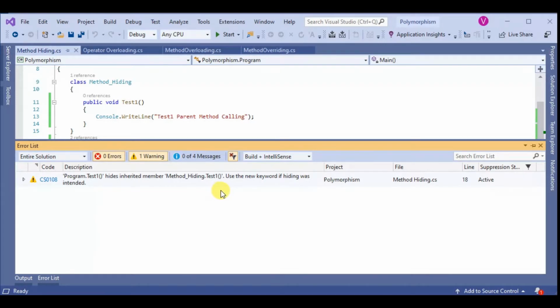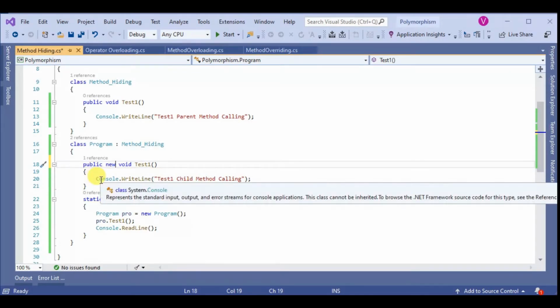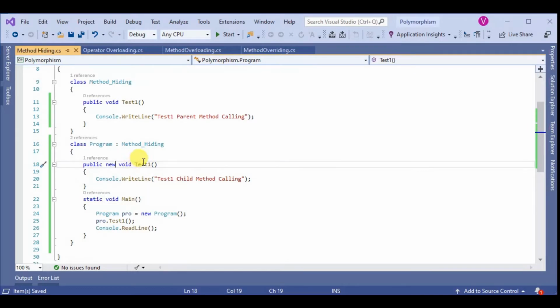This means that if you want to hide the test method, you can use the keyword new to tell the compiler that you are intentionally hiding the parent class method. To do this intentionally, you can use the new keyword. So no warning is shown here.